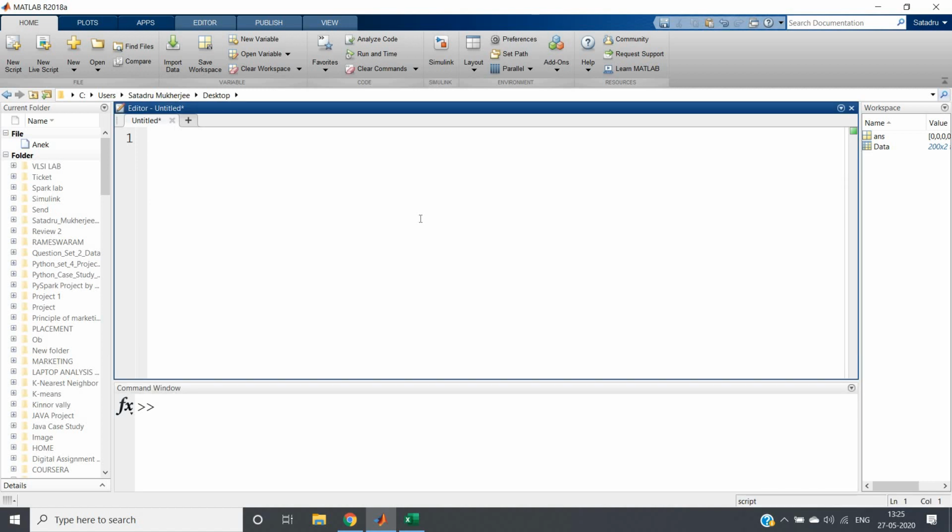Now let us start writing our code in the editor window. First of all, we need to know how many clusters are required. Maybe 5 clusters, maybe 10 clusters, maybe 20 clusters for our dataset. So how can we check that? Basically we will be plotting WCSS. What is WCSS?